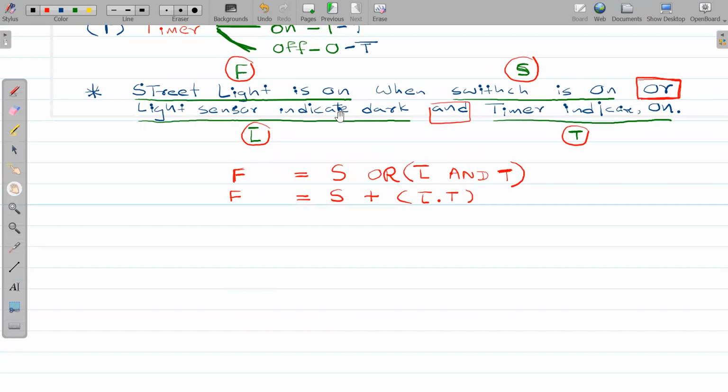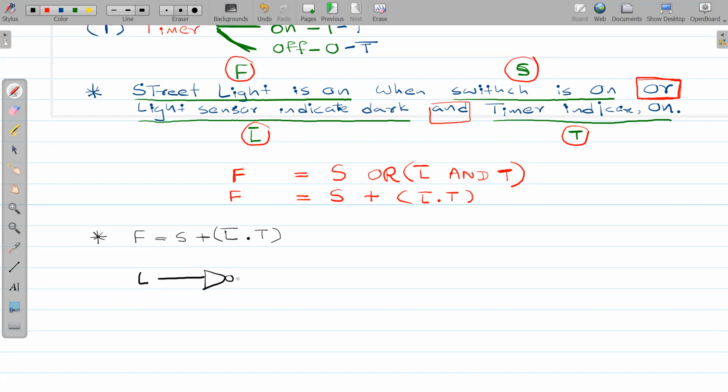Right? So now we have our particular equation. So we are drawing the circuit for F equals S plus L bar dot T. So we are going to draw this. We take a line from S and we take, it's better we draw L bar first, since it's the methodical manner. So we take L